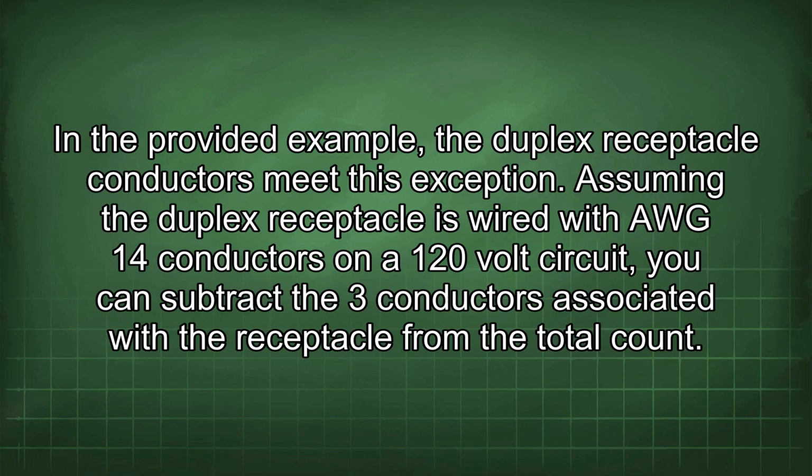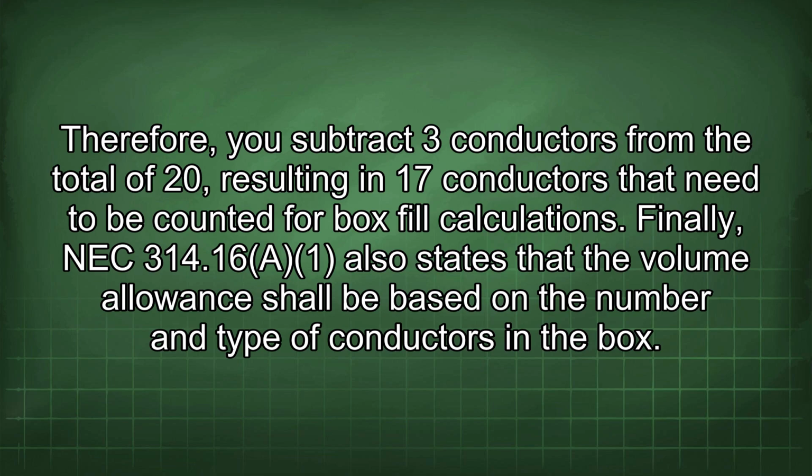In the provided example, the duplex receptacle conductors meet this exception. Assuming the duplex receptacle is wired with AWG 14 conductors on a 120 volt circuit, you can subtract the 3 conductors associated with the receptacle from the total count. Therefore, you subtract 3 conductors from the total of 20, resulting in 17 conductors that need to be counted for